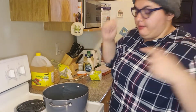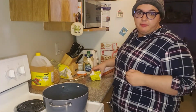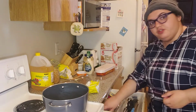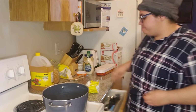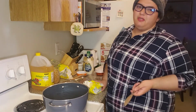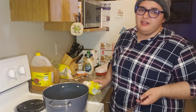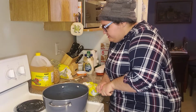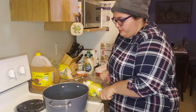Now, before I add my macaroni into the pot, I like to add a bit of butter. You could add butter or margarine. The reason for this is to prevent the noodles from sticking. So I don't really have a measurement for this. I'm gonna guesstimate about 2 tablespoons. You don't need a lot. Don't need to add this whole thing. Just enough to coat the bottom of your pot